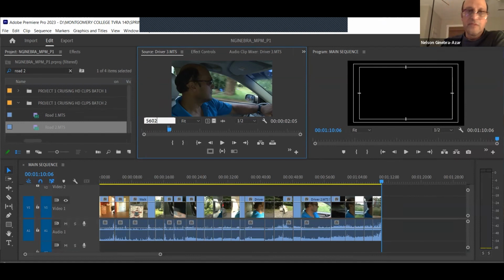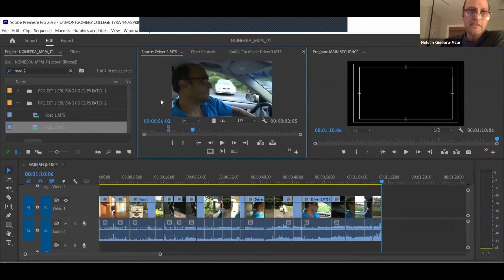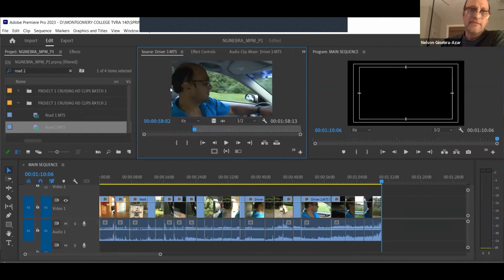56.02. So this is much further down the road, a little bit further down the road. And the out is 58.02, exactly 2 seconds. 58.02, a quick little driving shot. Okay. All right. And now we go to